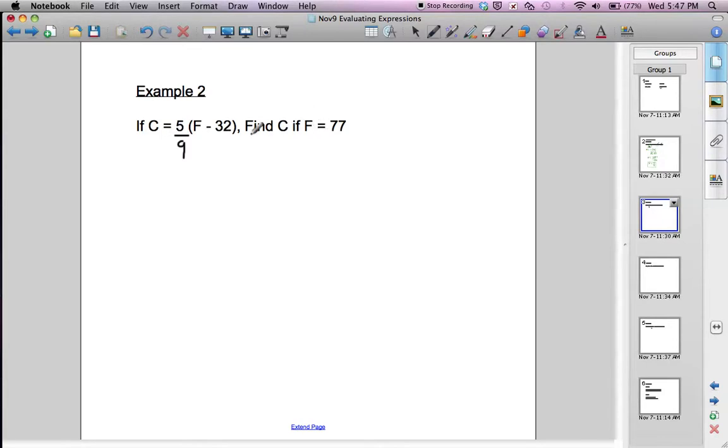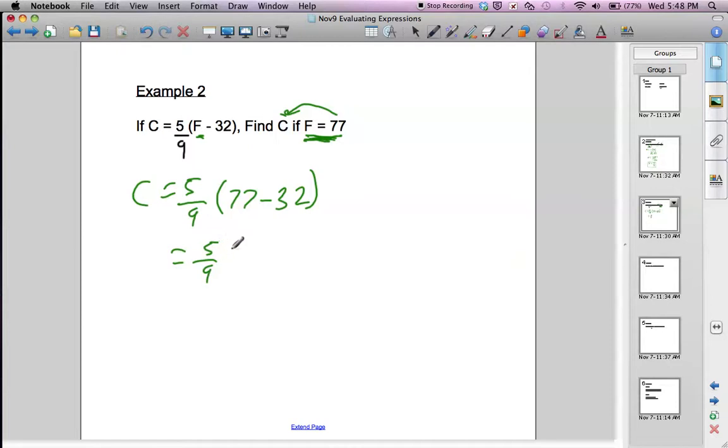Okay, another example. Here is a formula for converting Fahrenheit to Celsius, a very common formula, and it's given that the temperature in Fahrenheit is 77. What's the temperature in Celsius? So we're going to substitute that into the equation. We're going to calculate 5 out of 9 times 77 minus 32, which equals 5 out of 9 times